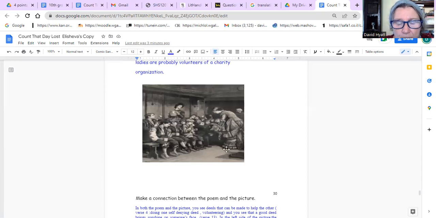It's in a room where there's nothing except benches. There are a lot of children. You see that the children are all boys. You see that they are very poor, because in the front row,